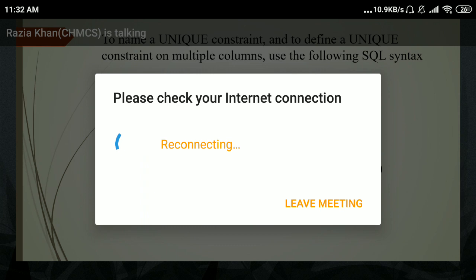Third way, add constraint. First, you write down some name for this constraint, maybe primary key. So I am writing PK person. Person is your table. And primary key, and in brackets write down ID, the column name. Means you have to write down the column name in brackets. Yes, everyone. Clear, everyone.